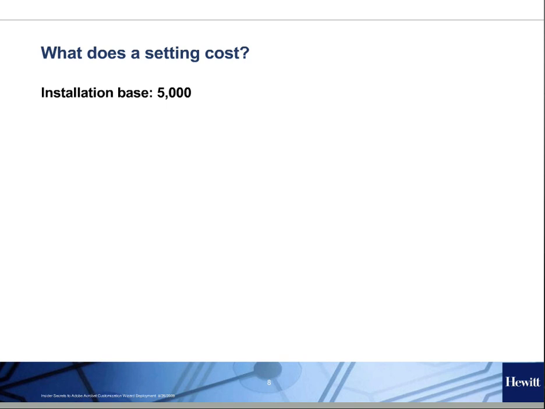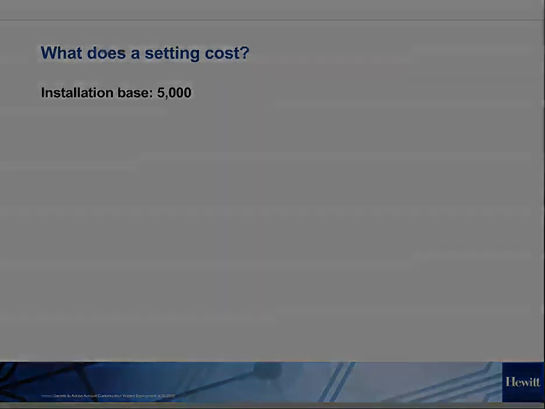So, what does it cost? What is a setting going to cost me if I make a change in the base build versus having the users do it after deployment? Let's say I've got an install base of 5,000 people. It doesn't matter if it's Acrobat or Reader, Windows Vista, Windows 7,